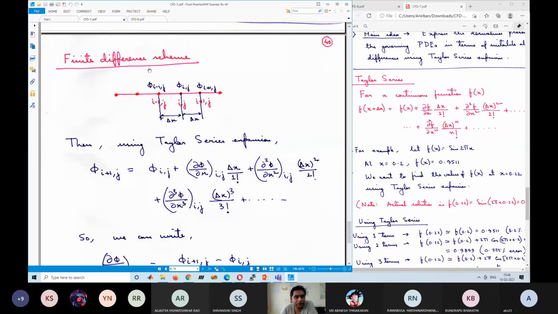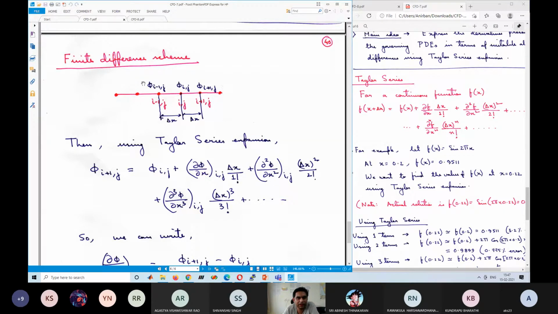So in finite difference scheme, we divide the geometry into a certain number of grid points or nodes. For this geometry, I am showing only the x direction. In the x direction, we have the grid points represented by the index I. So I increases from 1 to some value, say n: I equal to 1, I equal to 2, I equal to 3, like this. For any point, we can represent it by the index I in the x direction and j in the y direction. So this point can be represented as I comma j. The previous point is I minus 1, j, and the next point is I plus 1, j in the x direction.